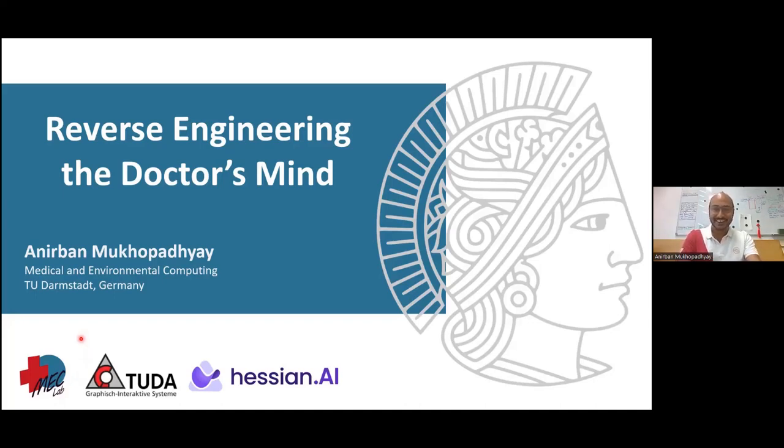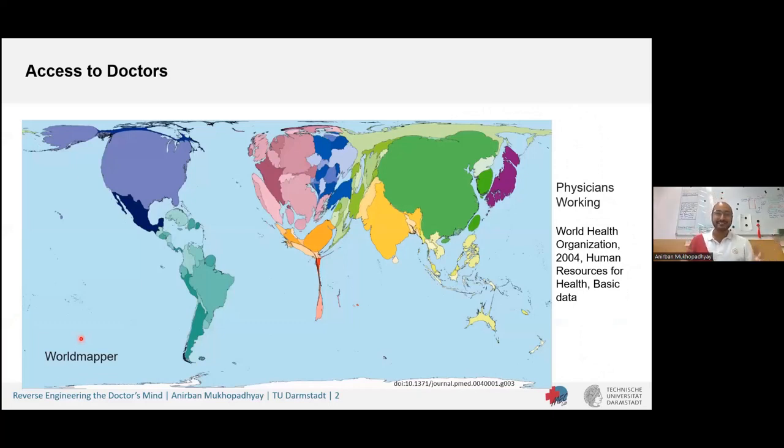But really, let's first try to understand why we are trying to do this reverse engineering. So this is really what the world looks like when you use each country's access to doctors as the area of the landmass. So that's Africa, for those of you who are wondering. So that's really the problem that we have. Of course, this is the data from 2004 by the World Health Organization, but things didn't really change much from